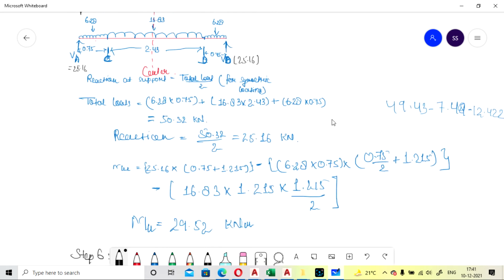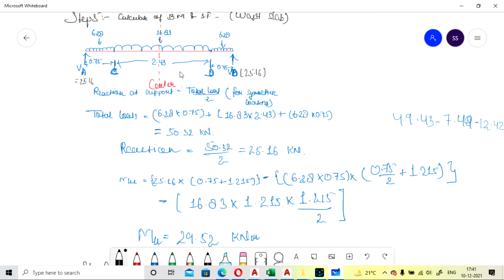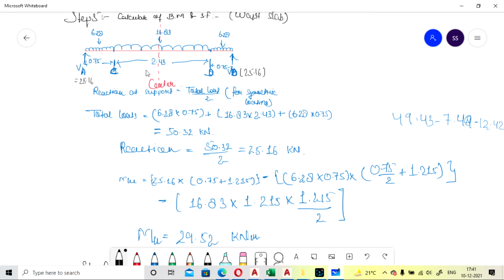So total reaction, that is 25.16, multiplied by 0.75 plus half of this, because we are going to consider from the center, so plus 1.215, half of 2.43 up to here, minus in bracket 6.28 multiplied by 0.75 multiplied by 0.75 divided by 2 plus 1.215, from the center up to here, minus 16.83 multiplied by this length 1.215 multiplied by half of this length, 1.215 by 2.